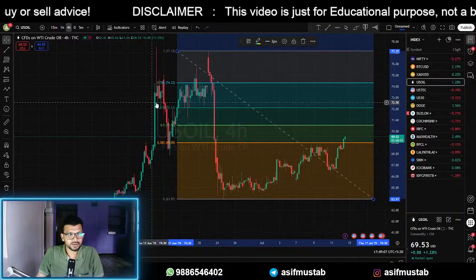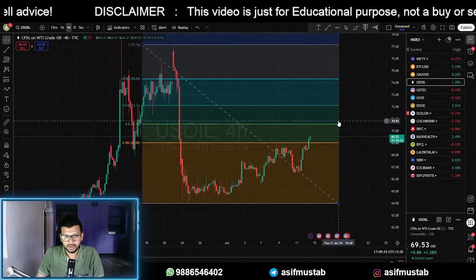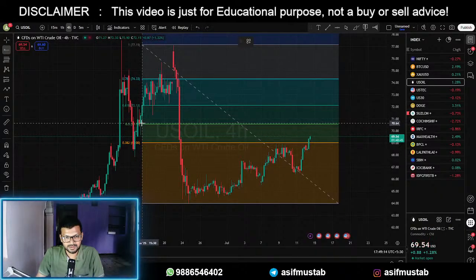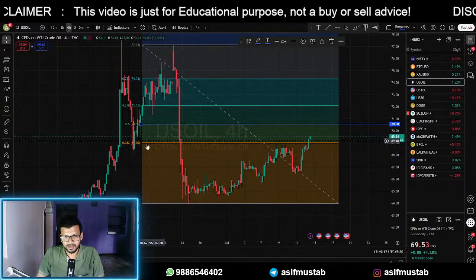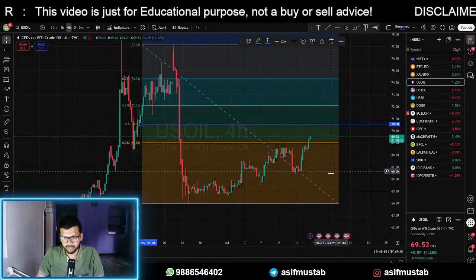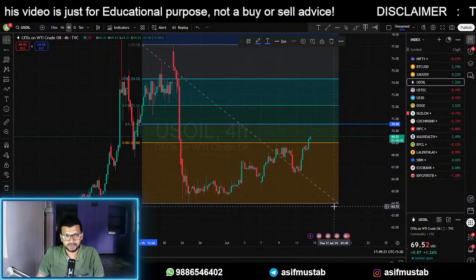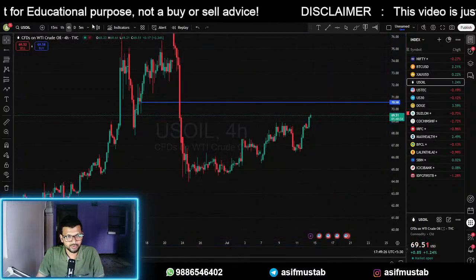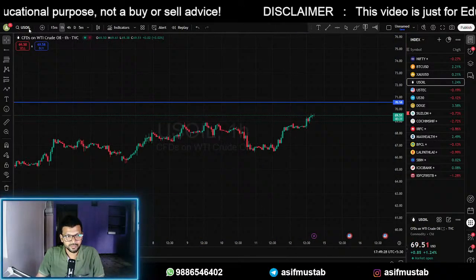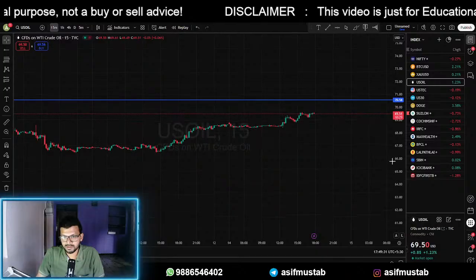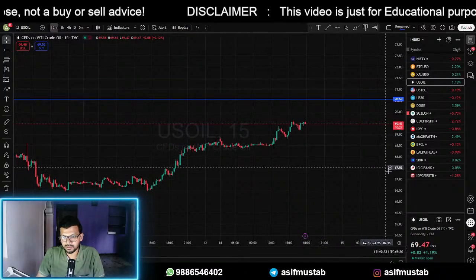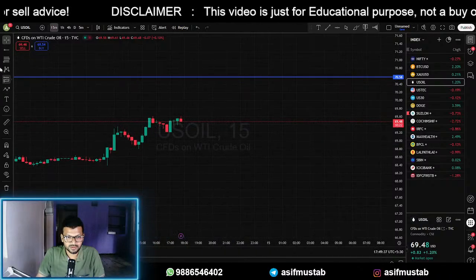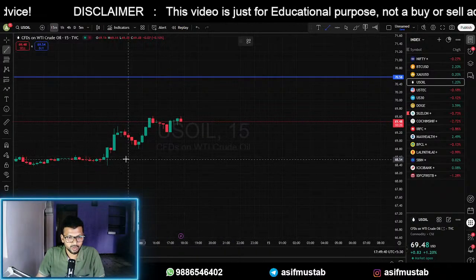Okay, if you look at US oil, we can expect a target till 0.5 of this selling, because it has already broken the 0.3 level with high volume. And if you go to a lower time frame, in 15 minutes it's looking like a double top, but I think this would be our first target if you go for the long side.